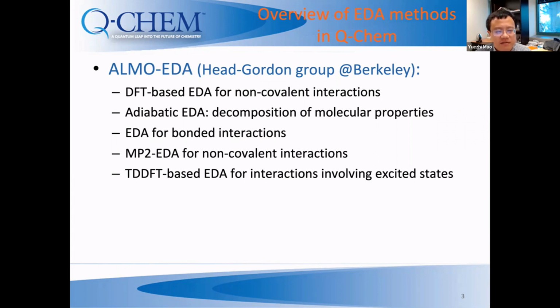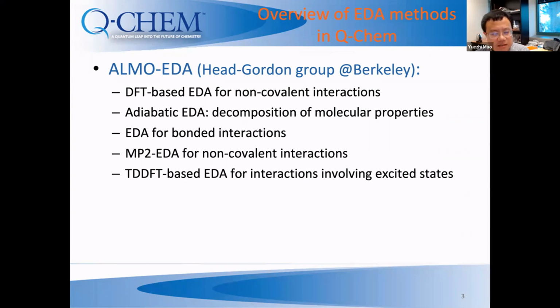For example, DFT-based calculations for non-covalent interactions, and the adiabatic EDA, which is a method to decompose molecular properties like structural change and vibrational frequency shift due to intermolecular interactions. There are also EDA methods developed for bonded interactions and interactions calculated using correlated methods such as MP2, and also interactions